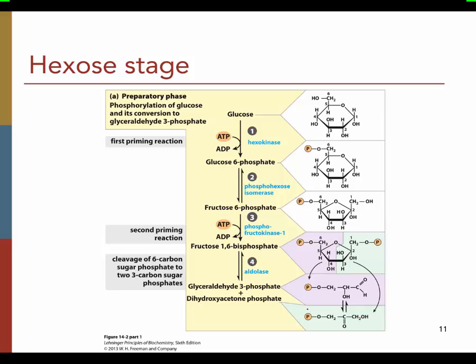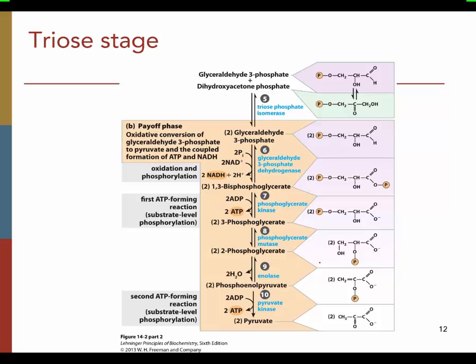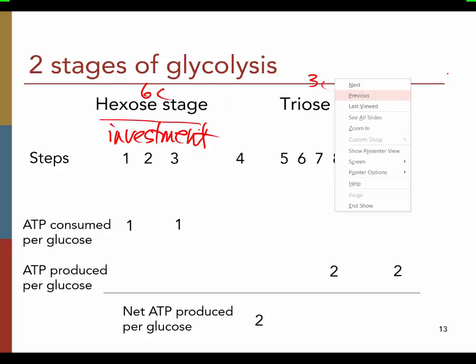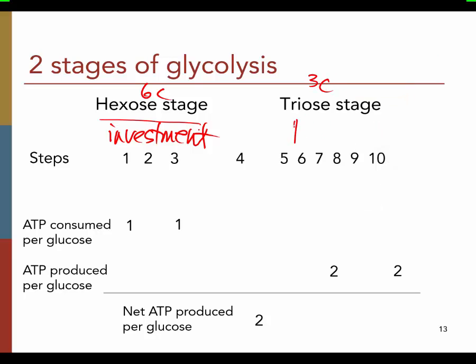And that's just a summary from the book, if it helps you to understand, but we're going to go through them individually. So in glycolysis, we talk about the 2 stages or the 2 phases. And again, if you've talked about glycolysis in another class, you're probably familiar with this. The first stage is the hexose stage, also sometimes called the investment stage. Hexose because we have 6 carbon molecules. Investment because it's actually going to cost us ATP at the beginning. But then in the triose stage, these are 6 carbon molecules, these are 3 carbon molecules. The triose stage is also called the payoff